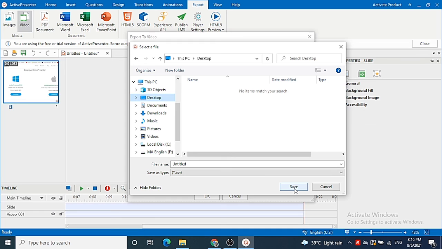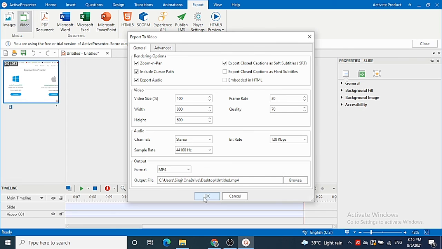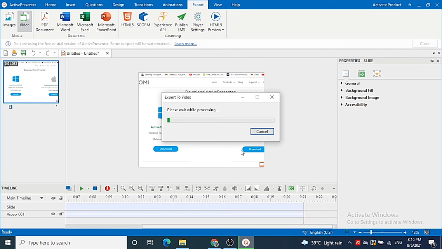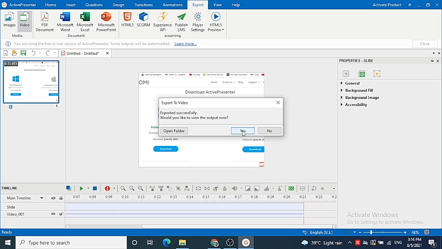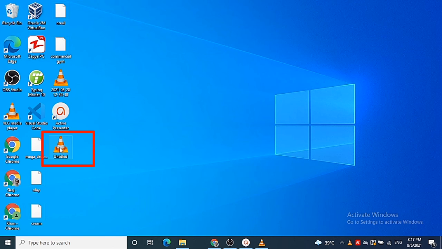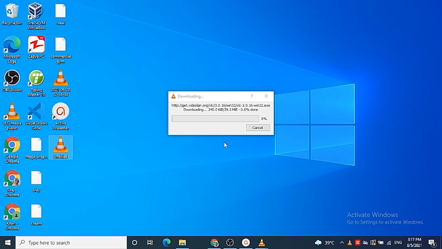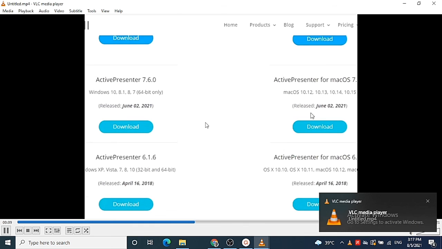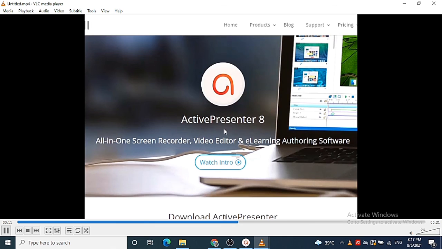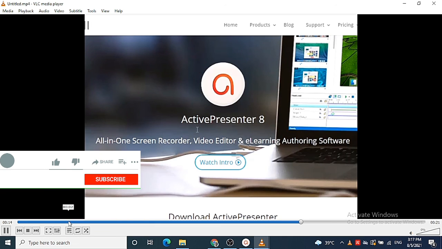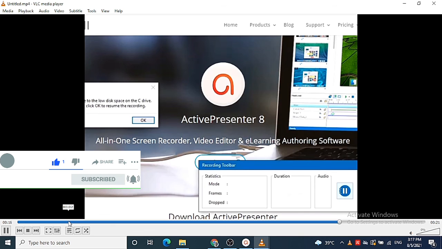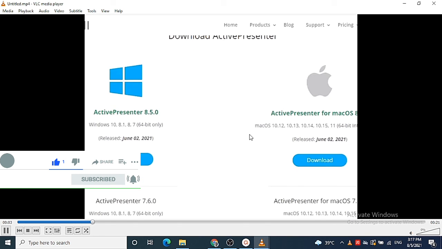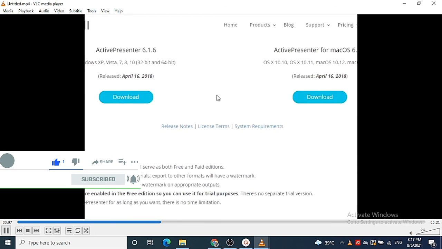I'm going to save it here and then click save and then OK, and you can see our video has been created. Once it's done, click yes, and you can see the video of your recording. And if we open the video, we can now see our screen recording. So this is how you can record your computer screen on your